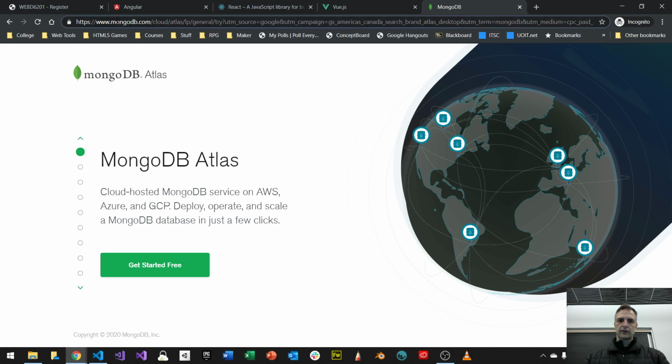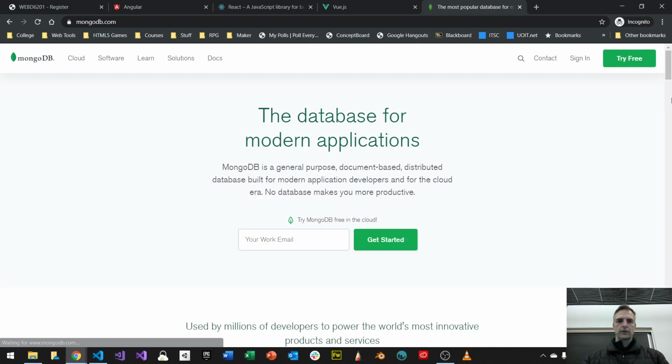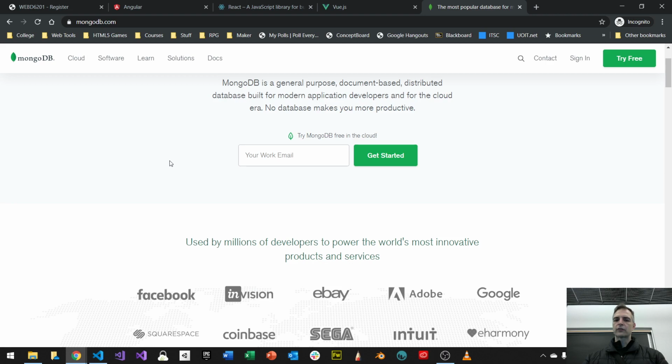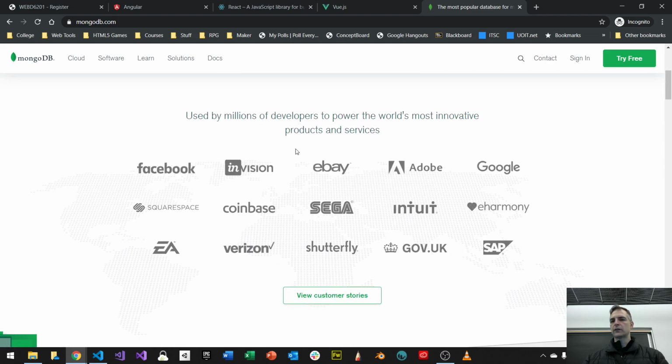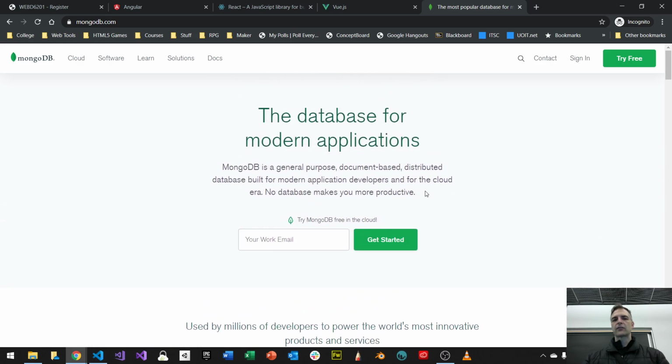Instead of MongoDB Atlas, let's just go to mongodb.com for a second. So there's MongoDB, and if you go there, this is your back-end JavaScript database. Again, you can see all the people who use it. I would say some small companies that you've seen here before, right? Like, for example, Facebook and EA and a bunch of other ones. And why? It's a NoSQL database,